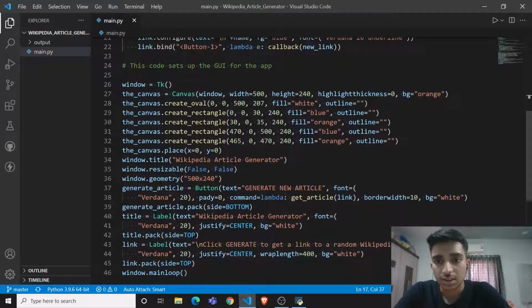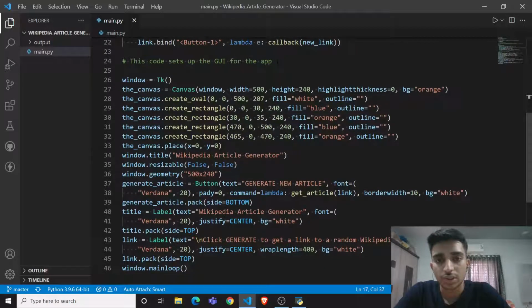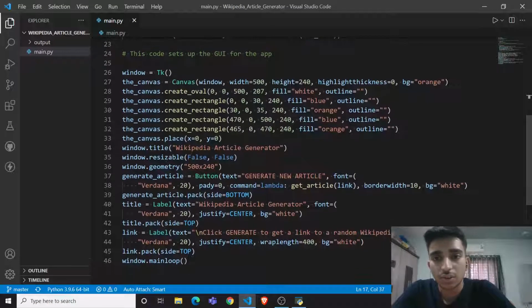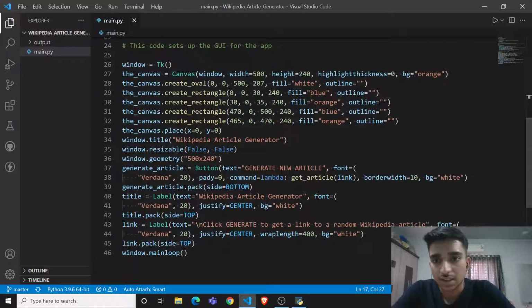And then this code is the GUI of my project. I used the window widget of the Tkinter library, and then the canvas widget to design the GUI, giving some height and width and some style to the canvas, and then storing it in the canvas object.